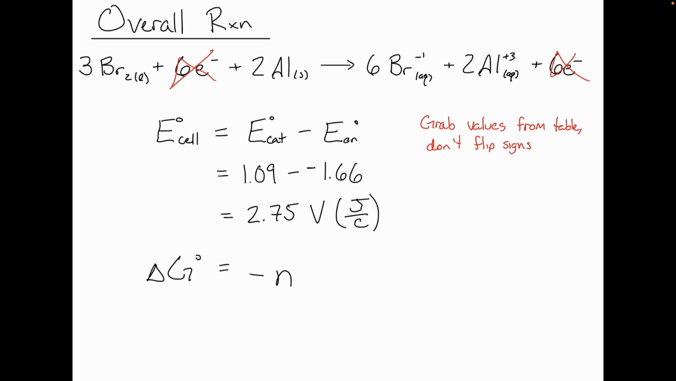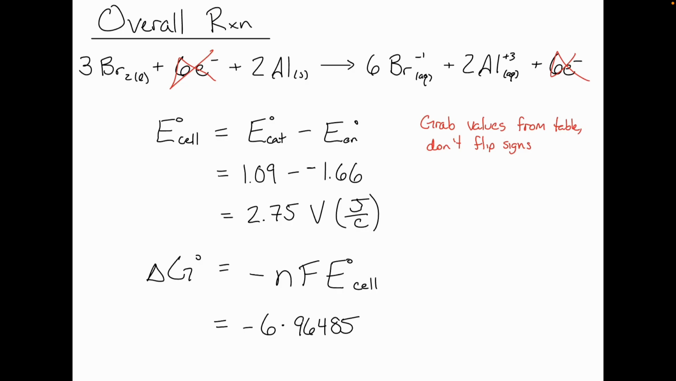All right, delta G is negative nFE naught of our cell. Again, what's the n? Moles of electrons. How many moles of electrons are being transferred in our overall reaction here? 6, right? So that's why we need our balanced chemical equation. That's all charge balanced. So we can see how many moles of electrons are being transferred. Times that